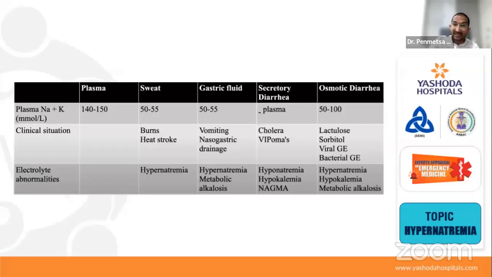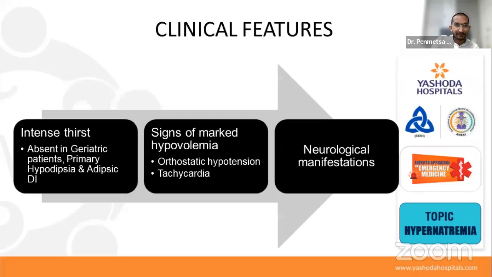So as discussed, the basic causes of hypernatremia can be divided into unreplaced loss of electrolyte free water or excessive sodium intake, and the predisposing factors. So, loss of electrolyte free water. When we get a patient to the ER, these are the usual causes wherein we see patients presenting with